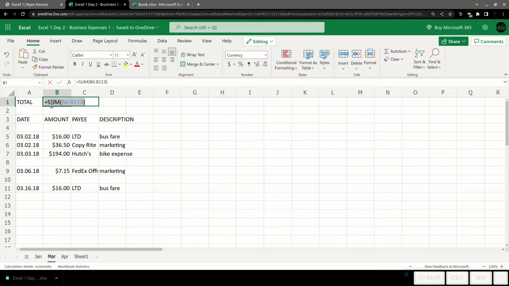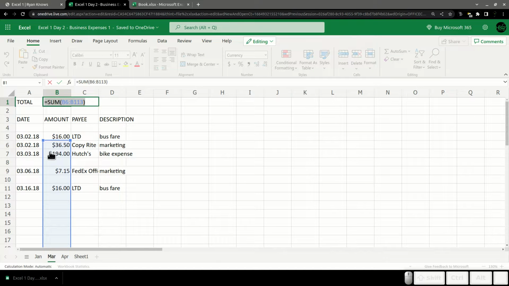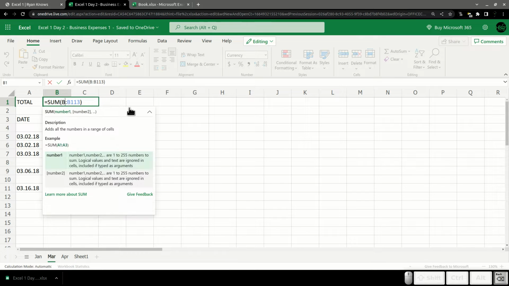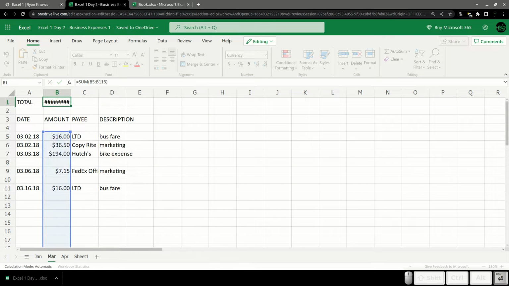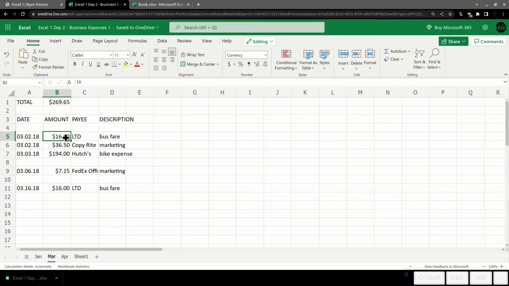But Excel knows that I was referencing the second row down in this set of cells, and so it changed this reference automatically for me. Which is not what I wanted it to do, so I'm going to go in here and just manually change this to B5. And there we go.